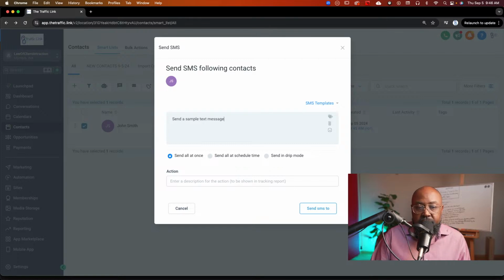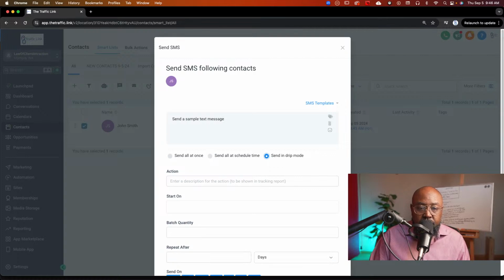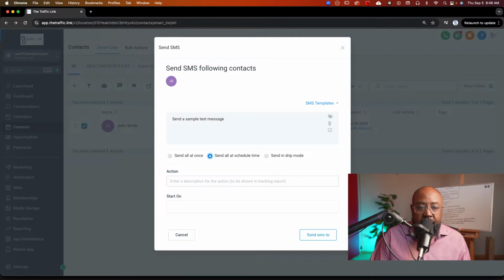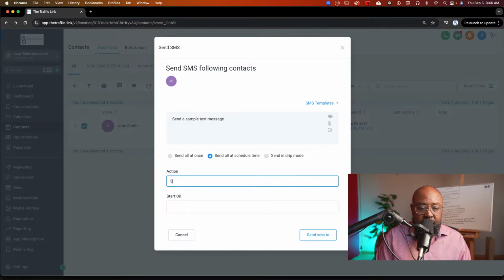From that sample text message, you can send them all at once, you can schedule them to send at a scheduled time, and you can send them in drip mode. Generally, I like to send at a scheduled time, so that I can plan it for sometime in the future. I have to select an action, so I'm going to select sample SMS campaign.